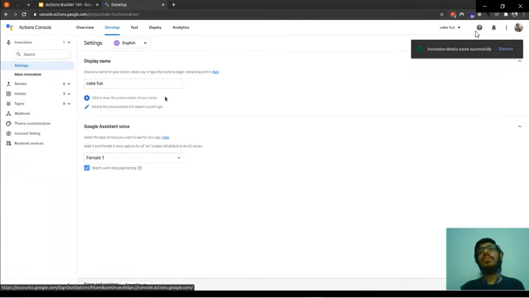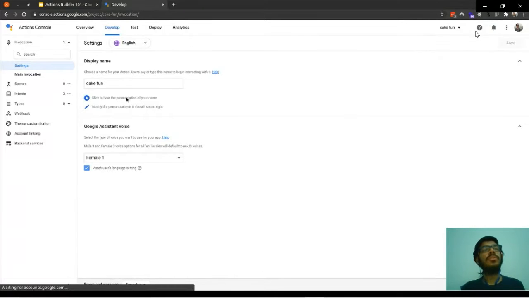That's great. So let me walk you through the console, what we have over here. As I told you earlier as well, we have the overview tab, develop, test, deploy, analytics. These are all the tabs we'll be using today, mostly develop and test. I'll definitely go through each one of these one by one. Next, on the left, we have a navigation panel where it says scenes. As I already told you with that interview example, there are various scenes: greeting, introduction, main topic, and the conclusion. The way we are breaking down the whole conversation into smaller chunks, those smaller chunks are basically called scenes.